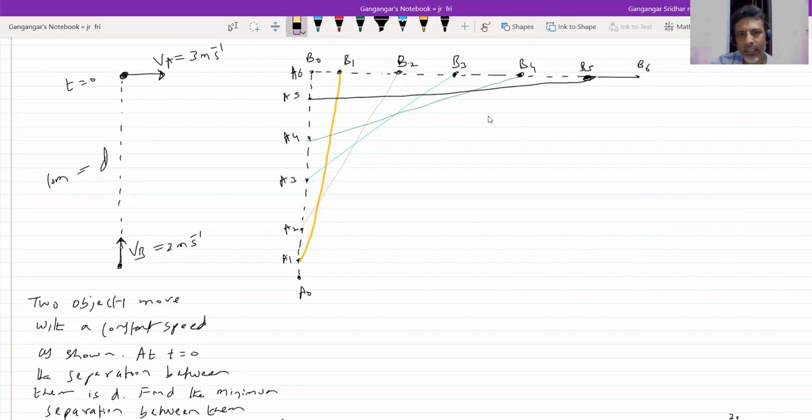90% of students will never draw this diagram. If you just open the solved example, they're happy with the method and they'll get the answer, they'll proceed. They don't want to learn. So in every problem, learning is involved. That learning, when you take it out, is of no use. You may get All India first rank, but you are a stupid guy, according to me.